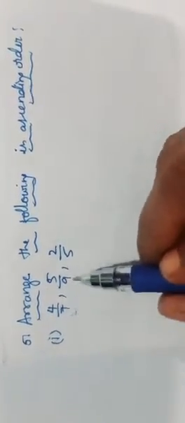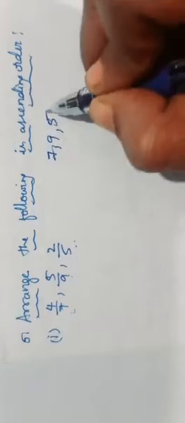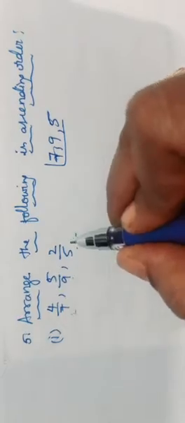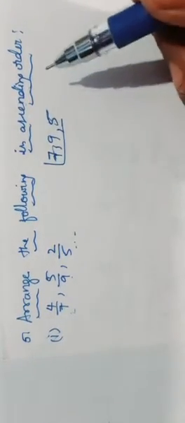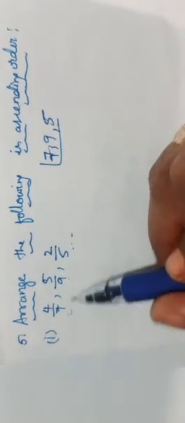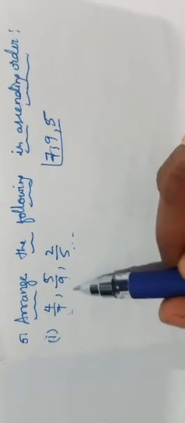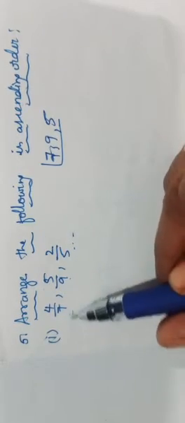Then the next question is arrange the following in ascending order. Here you have got three rational numbers. When such is the case, we have to take 7, 9 and 5 and take out the LCM to make the common denominators, because we have to arrange them in ascending order. What do you mean by ascending order? Ascending order means smaller number to bigger number, we have to arrange them. To arrange them, we should know which is smaller and which is bigger. So we can't compare rational numbers which have different denominators, children. So we have to make the denominators common by taking the LCM.